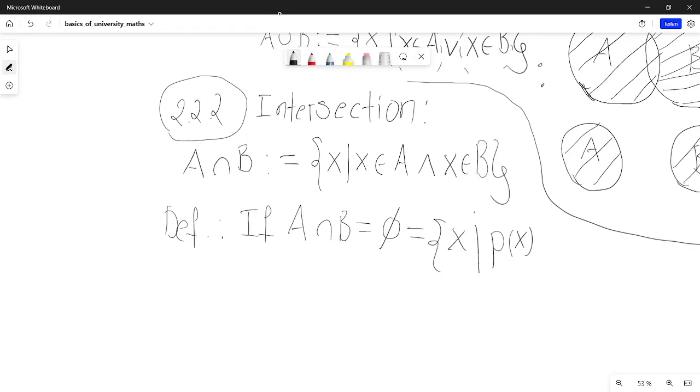X satisfying a statement P of X, a statement just like here. So just imagine an abstract statement and P of X is wrong. So the description of the set is itself contradictory. That is, no X could satisfy that. Right? For example,